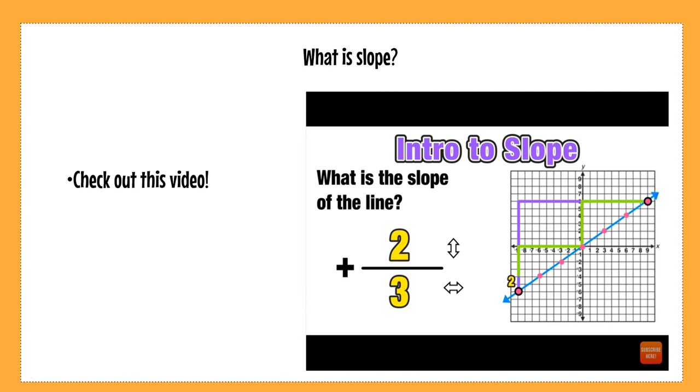Now we notice that if we start again at that same point, rise up 2 units, run to the right 3 units, we end up at another point. This time it's the closest point. And if we continue that pattern by rising 2 and running to the right 3, we're slowly building that staircase, but we're also landing on a point on the line each time. So the most reduced form of the slope of this line is positive 2 over 3.